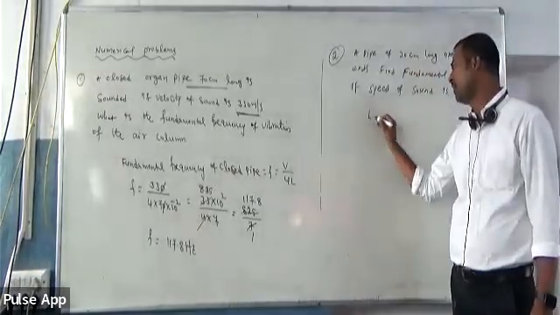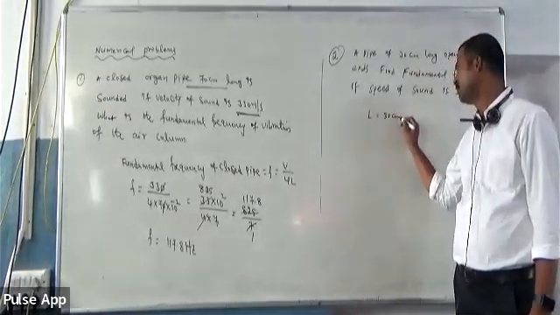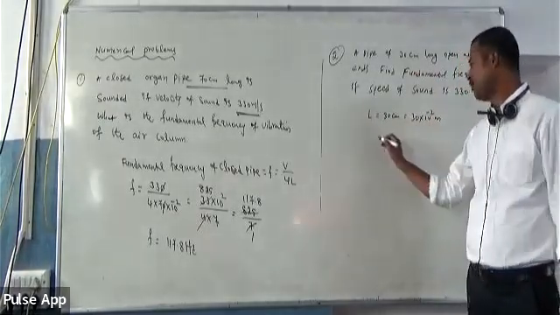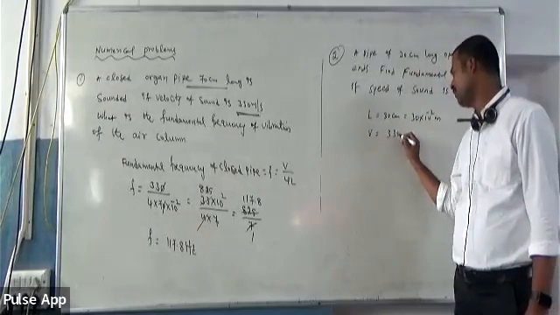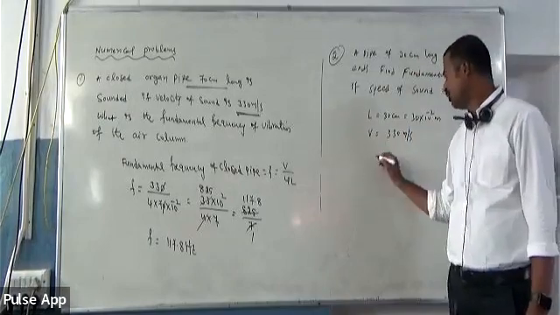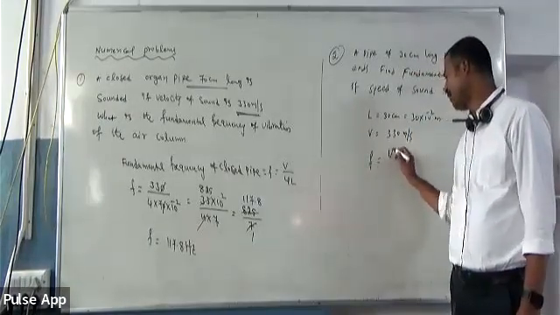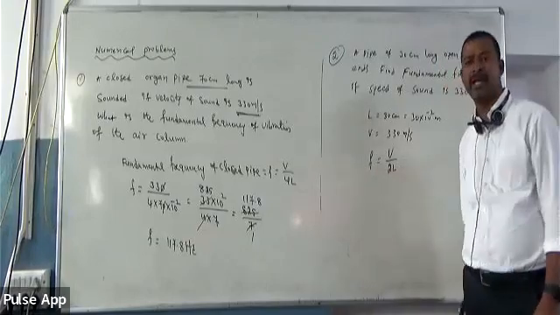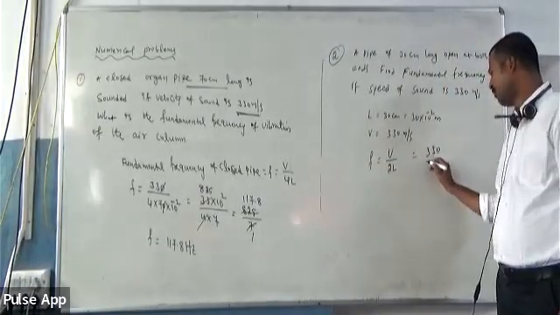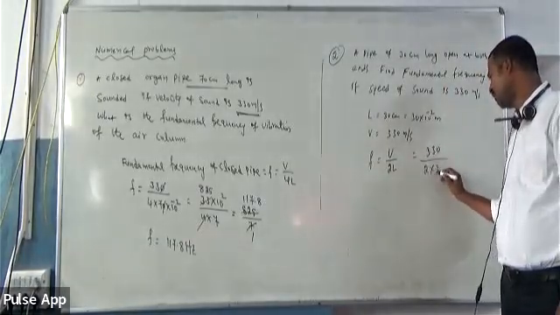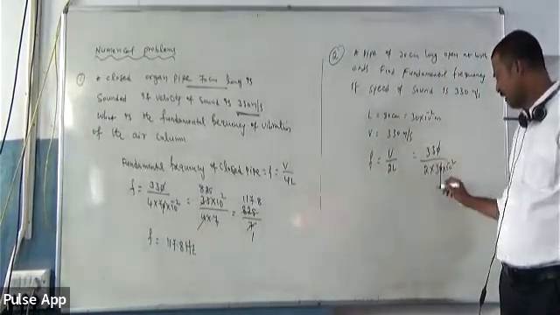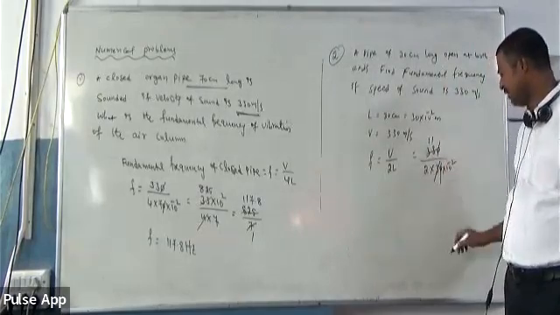So length is given as 30 centimeter, or we can write 30 into 10 to the power of minus 2 meter. And speed of sound is given as 330 meter per second. And the fundamental frequency formula for open pipe is V by 2L. So V is given, simply 330 by 2 into L, which is 30 into 10 to the power of minus 2. So the 0 cancels, 3 ones are 3, 11 will be got, and